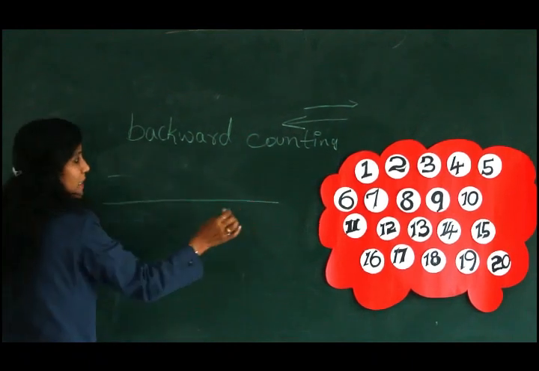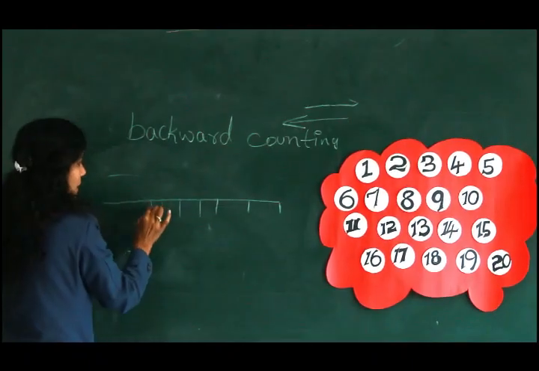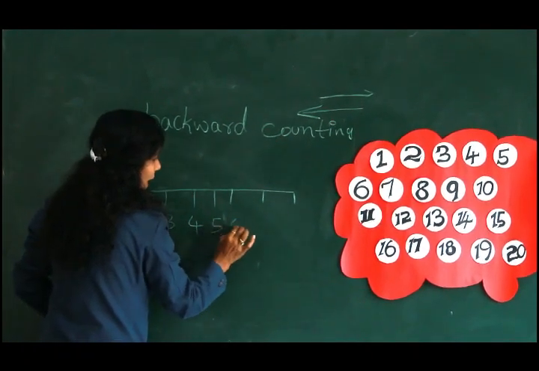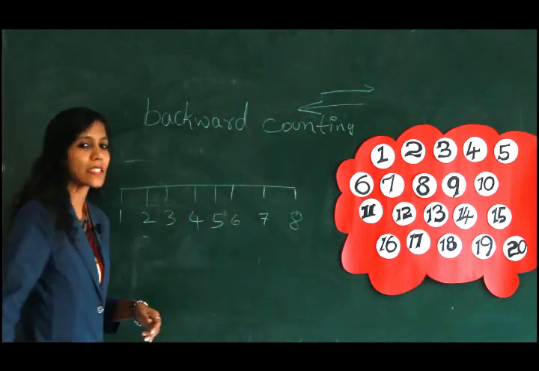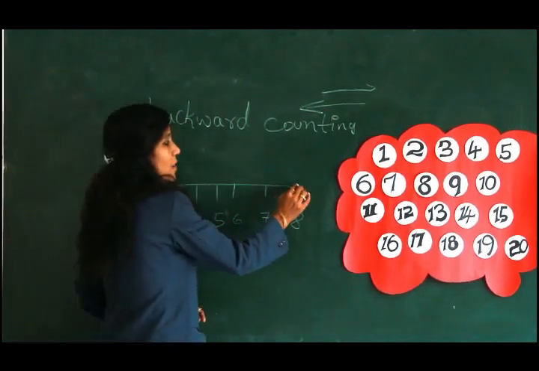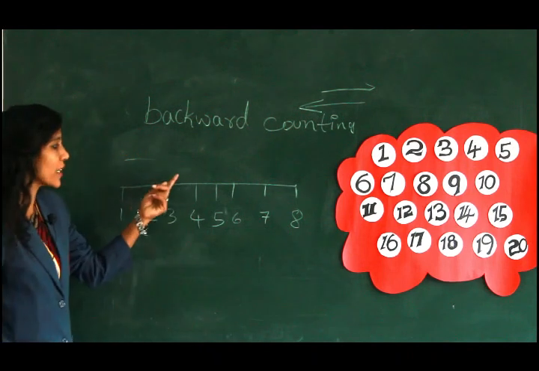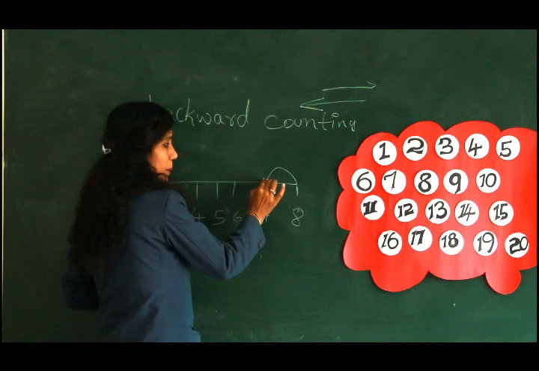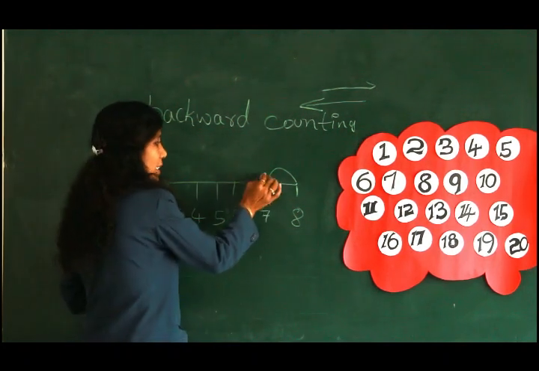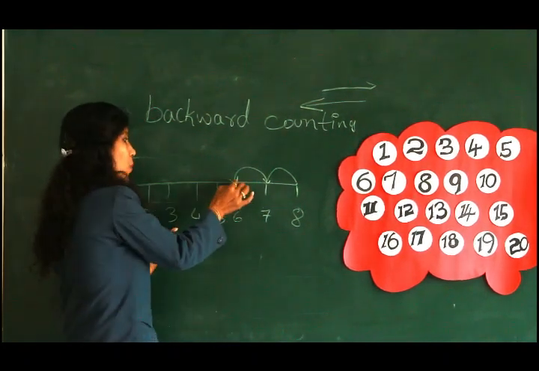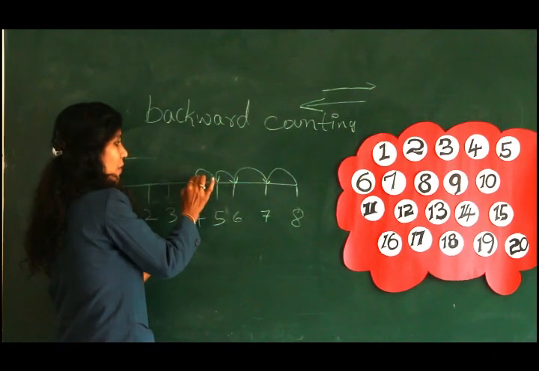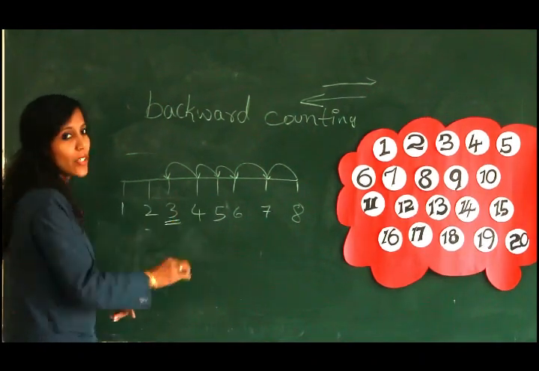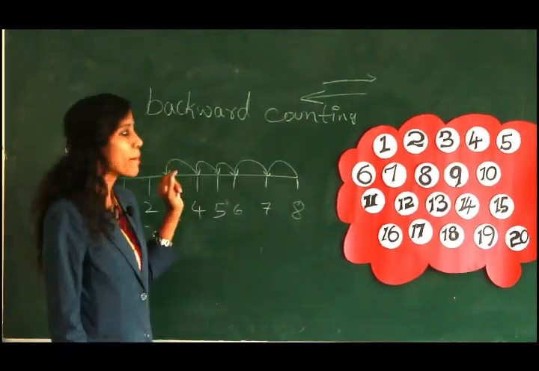That is called backward counting. Now, in a number line, we have the same set of numbers. 1, 2, 3, 4, 5, 6, 7, 8. Now, backward counting is when you start from 8 and you want to reach some other number, take it as 3. So what do you do? You go 1 step back, that is 7. Another step back, that is 6. 1 more step back, 5. 1 more, 4. Next 3. And there you reach your destination. That is called backward counting.